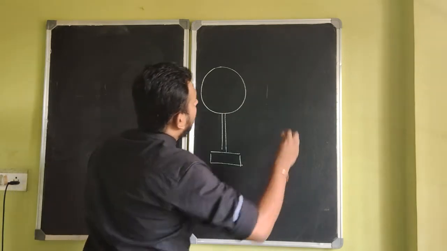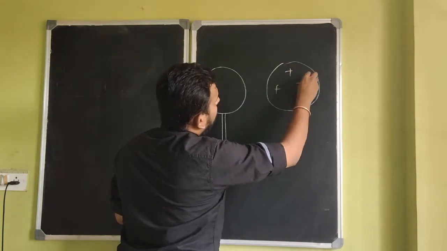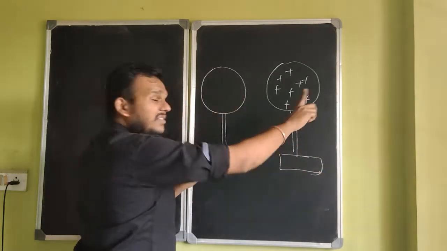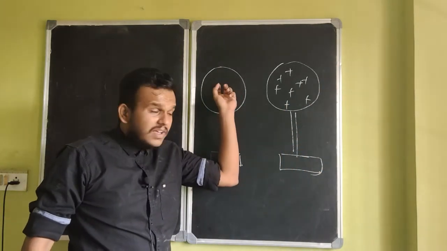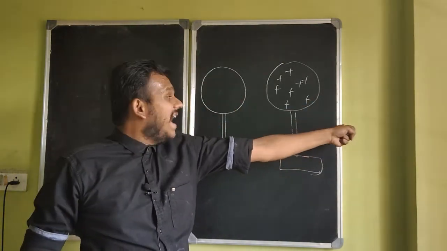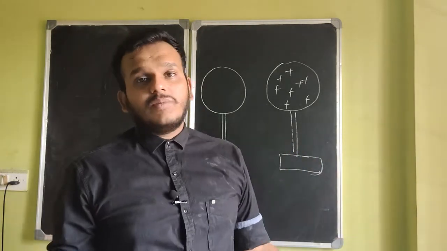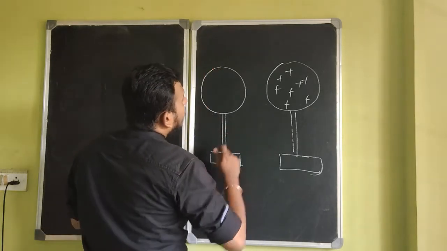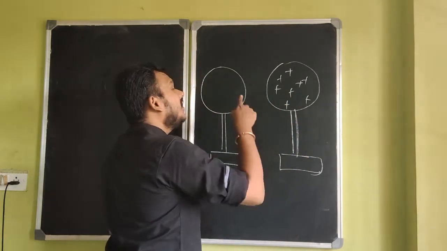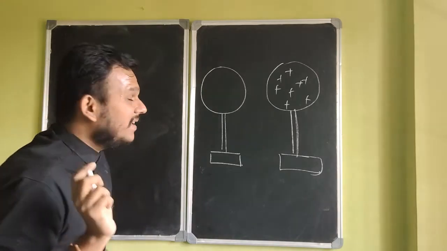Let's see charging by induction. So what I'll do now is bring another charged object. In the beginning this is isolated. But I'll eventually bring this charged object from far away, pretty close to it. I'll bring it close, not touch. If you touch it, then it is charging by contact only, right? You don't want to do that. In case of charging by induction, you bring a charged object pretty close to an uncharged object. Now, as a result of this, what will happen is, please listen to this carefully.